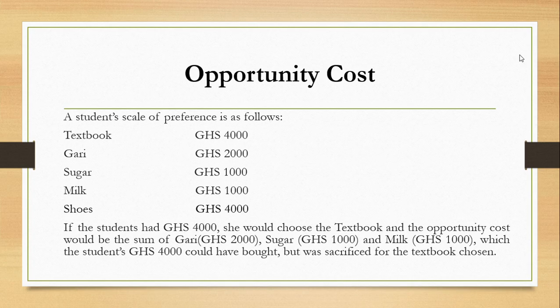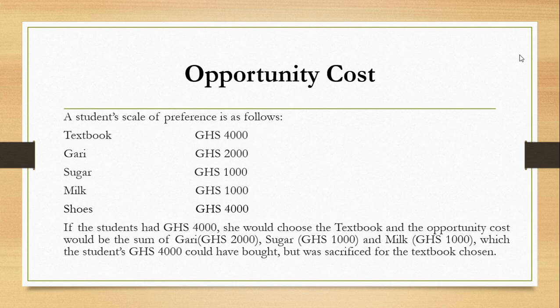Let's have a look at this. So this is a student's scale of preference. He wants to buy a textbook which costs 4,000 cedis, garri which costs 2,000 Ghana cedis, sugar 1,000 Ghana cedis, milk 1,000 Ghana cedis, and shoes 1,000 Ghana cedis. If the student had 4,000 Ghana cedis on him, she would choose the textbook because the textbook is the first item on